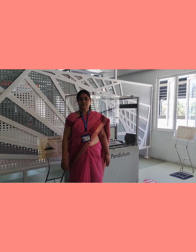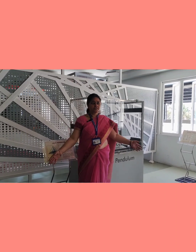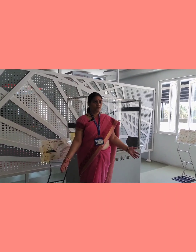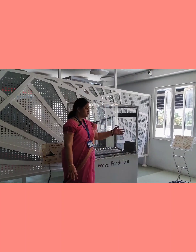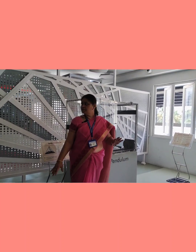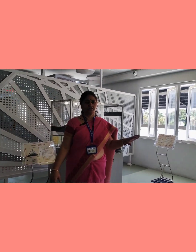Today morning we visited GEDEE Experimenta Science Center. The first section we visited was the motion or mechanics section. In this section we have various working models based on mechanics and the principles of Newton's laws of motion, and